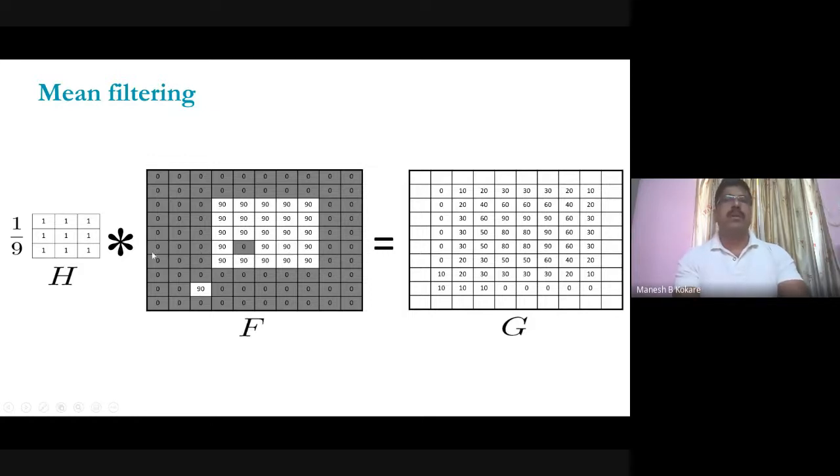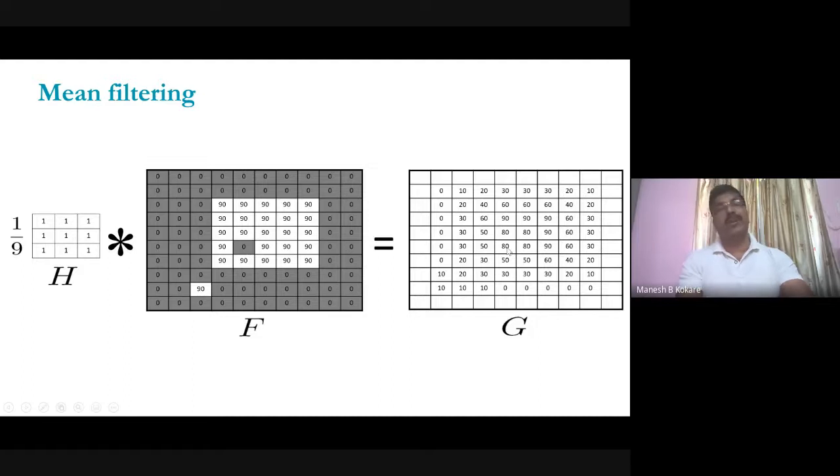is in the, for example, 1, 2, 3, 4 and fifth column, and from the bottom also the row is fifth. So 1, 2, 3, 4 and fifth, and then 1, 2, 3, 4 and fifth. So this zero value is now replaced with this 80 value. Means what is done, this 80, and then this one, so noise can